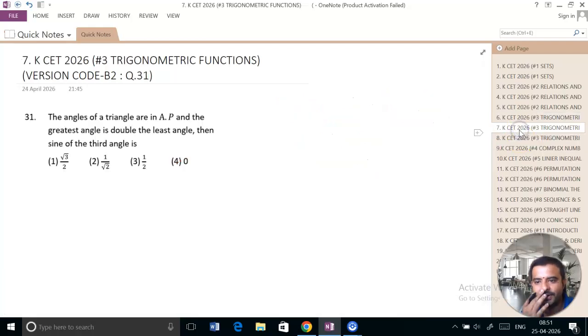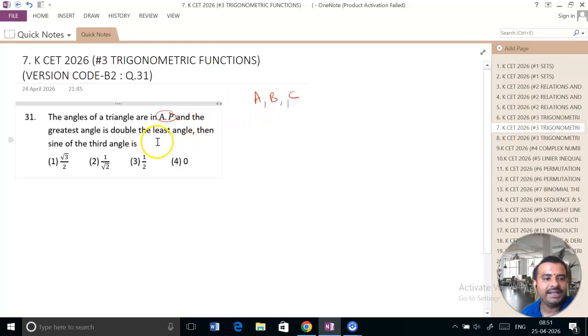Now, the second question from trigonometry of this year's question paper. The angles of a triangle are in AP. You don't have AP in PUC. They deleted it, but you all studied AP when you were in 10th standard. So if the angles of a triangle are in AP, you should know this. If you consider A, B, C as the angles, and the greatest angle is double. If A, B, C are in AP, you should remember the middle angle is always 60 degrees,